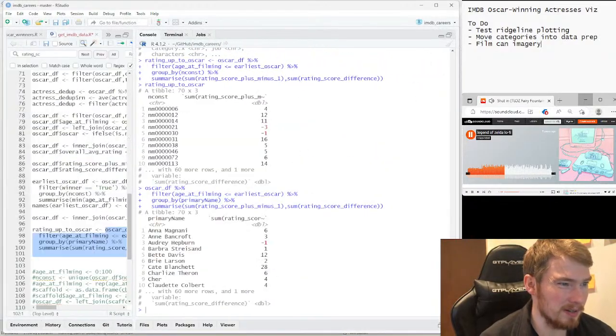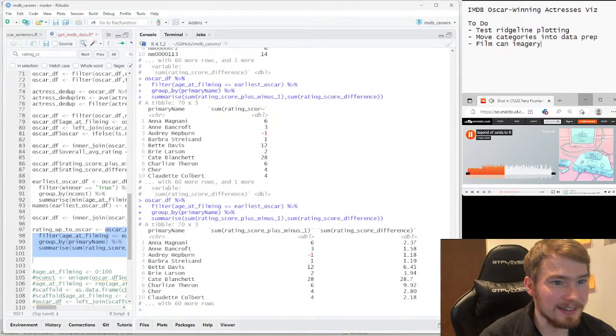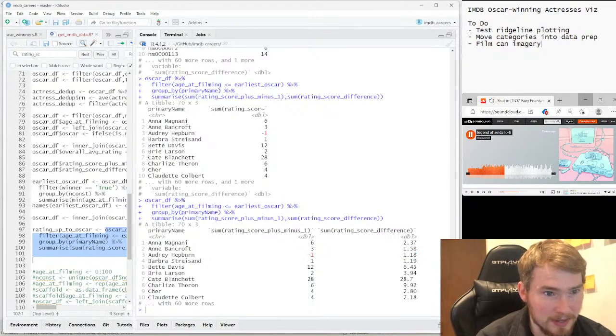Make this a bit wider. Okay, so Audrey Hepburn is -1 or... Okay, interesting. You can see some of these are much better. Like Bette Davis did a lot of films, so the +1 may be giving her an advantage. Whereas here you have -1, and then positive over here.